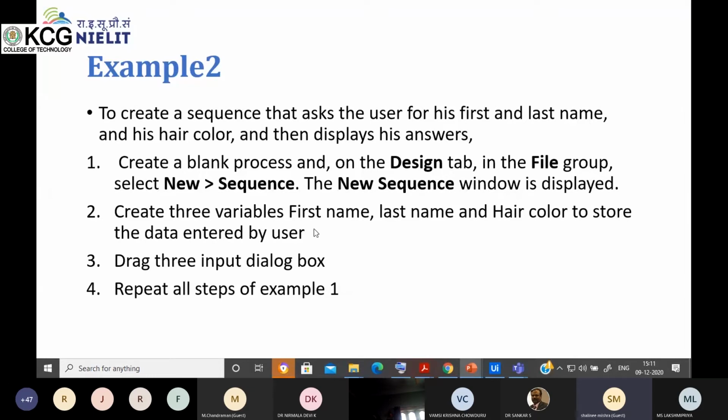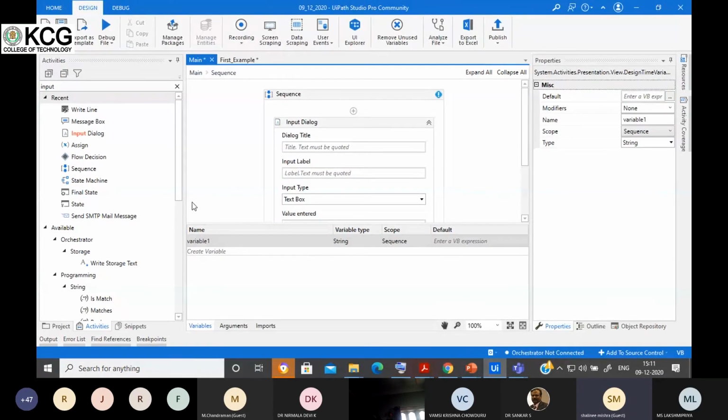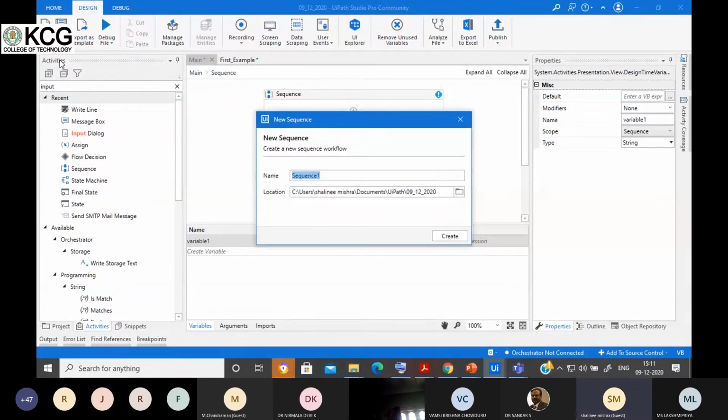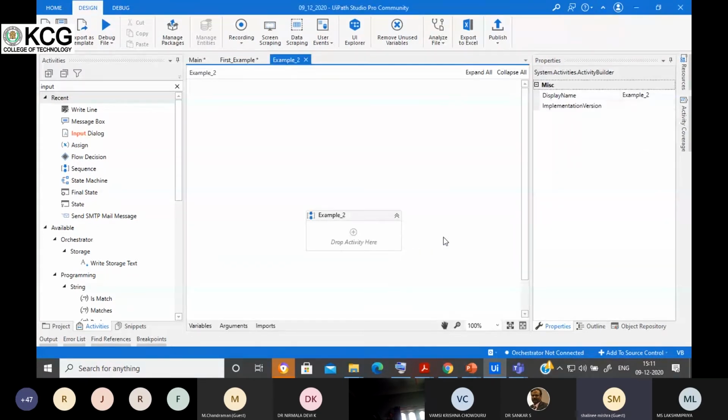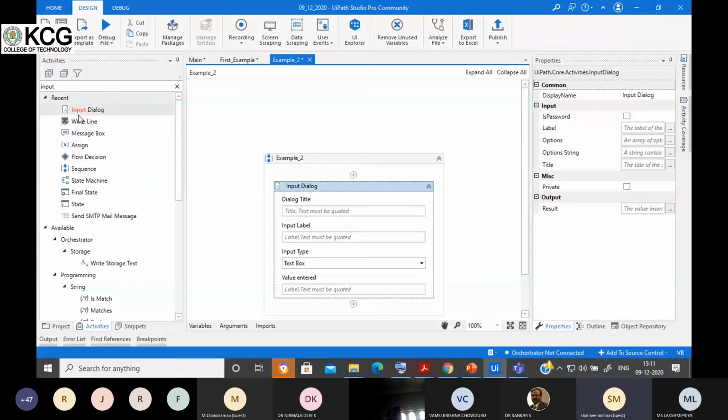For that I want three input dialog box activities. So let's start with this example. This is example second.